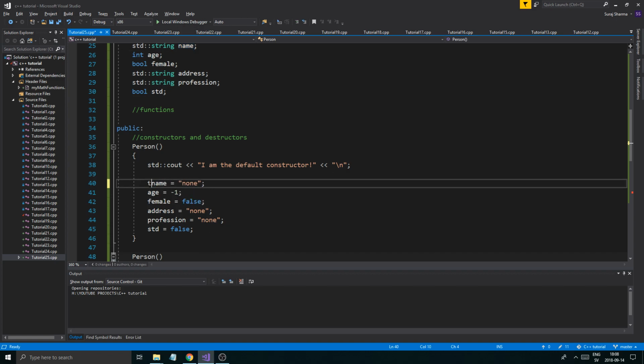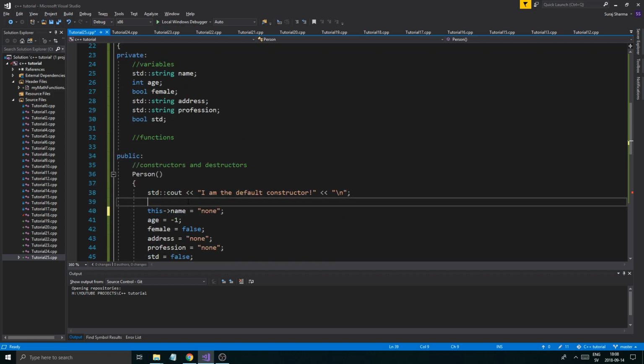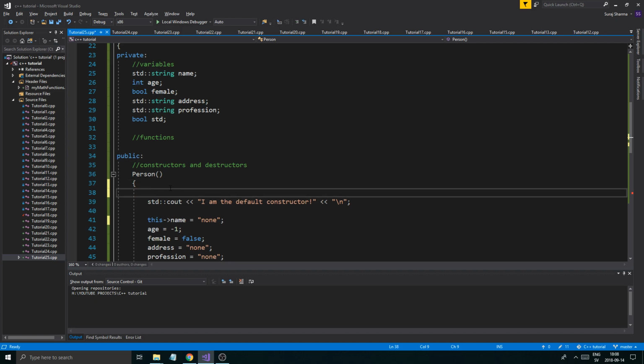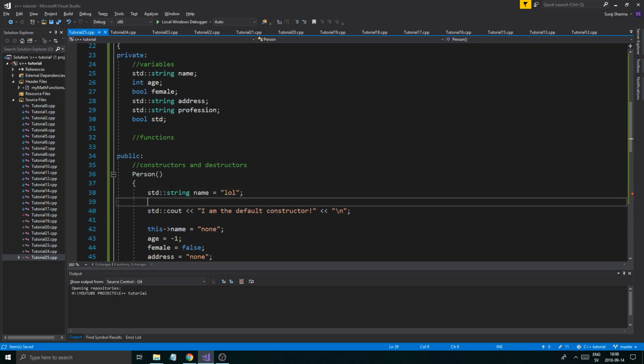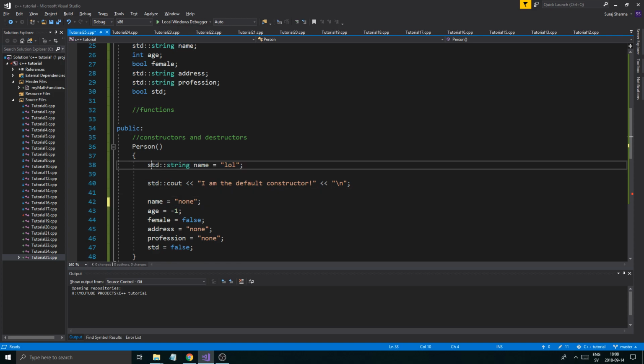Okay, it's a good thing to do because it specifies to the computer that this is really trying to access what is part of the class. If I create something here, std string name, it doesn't matter. I have a local variable name and a class member variable name. They have the same name. The computer's like, what's going on? I'm gonna pick the one that's closest. If you don't write this, I'm gonna pick the one that's closest to me in my scope,